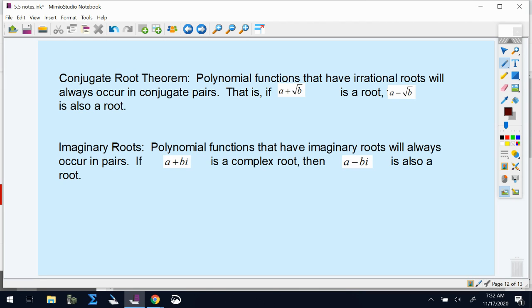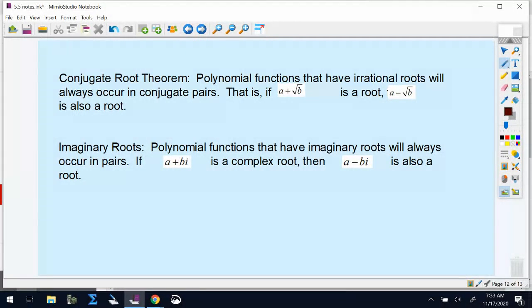We have one part left to 5.5, and it is the shortest part of the lesson. It's dealing with what's called conjugate roots or imaginary roots. So a conjugate root is going to involve a radical sign or a square root sign. And the idea is if you have a function that has a root that has a square root, it always